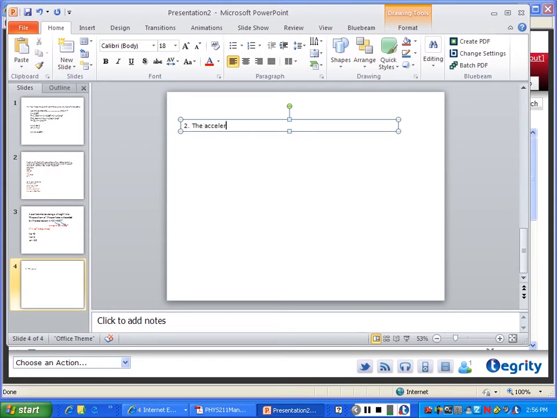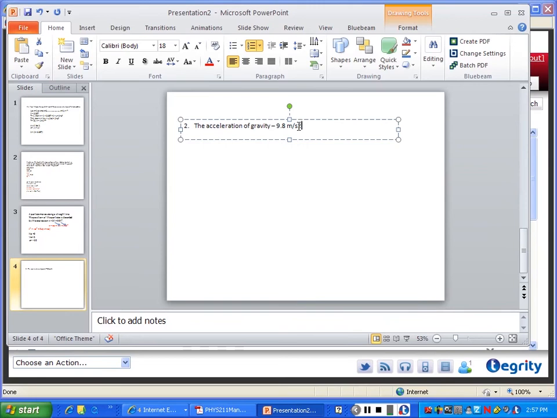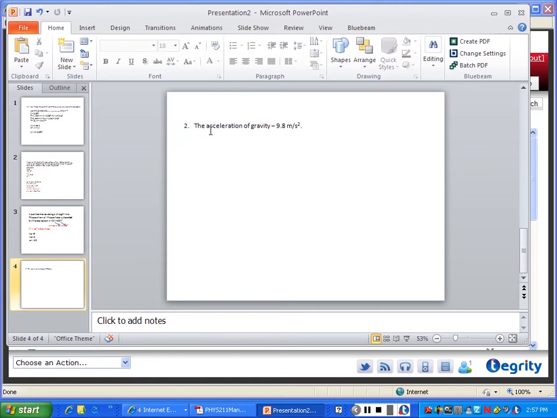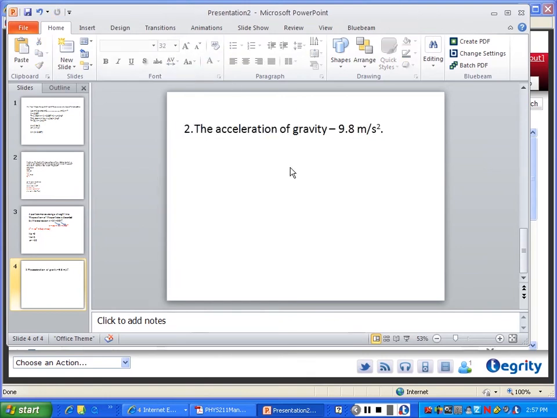the acceleration of gravity is the only thing that remains, and that's negative 9.8 meters per second squared. Right? So you want to use the right units. So if you use acceleration in the second problem as negative 9.8 meters per second squared, then make sure the